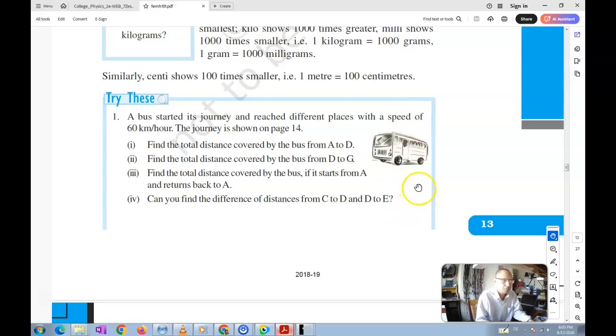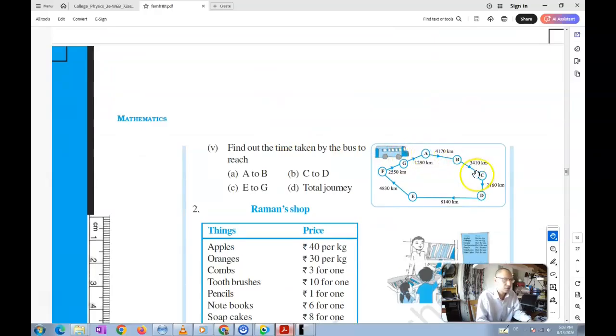solve different practical problems. Meaning that, for example, a bus starts its journey from some point A, and then goes to point B, and then to point C and D, and so on. And then the distance from A to B is, for example, 170 kilometers, and kilometer is a unit that we use in order to measure the distance between 2 points. The distance between B and C is, again, so many kilometers. So then using these units, we can